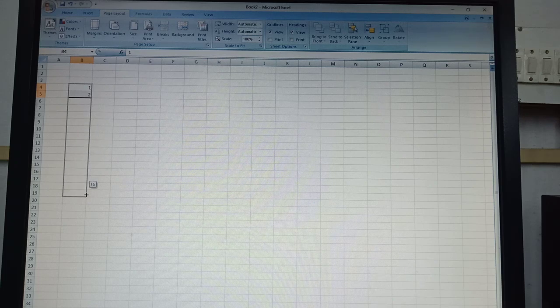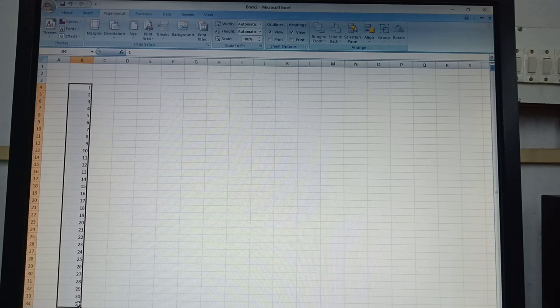You are able to see that the numbers are getting generated on the right side of the pointer. The numbers keep getting generated as much as you scroll down. If you leave the pointer, wherever you leave it, the numbers appear.